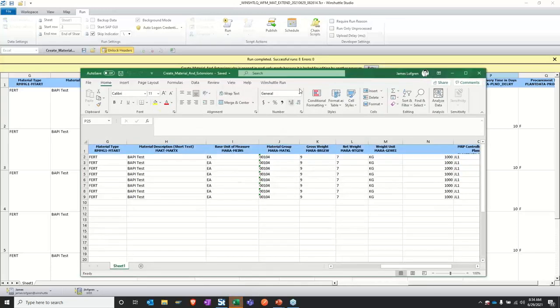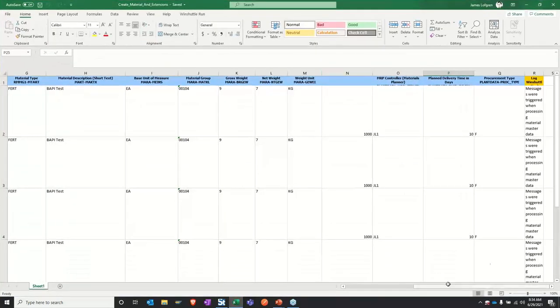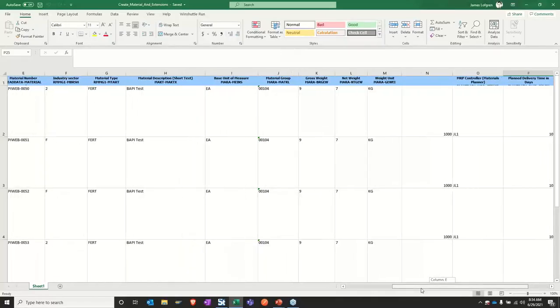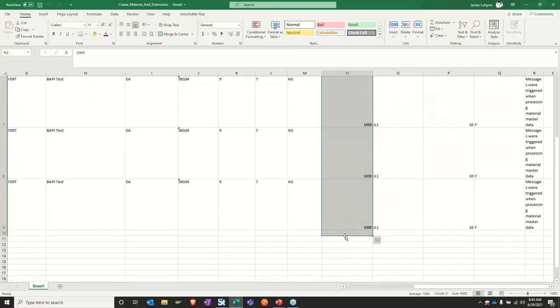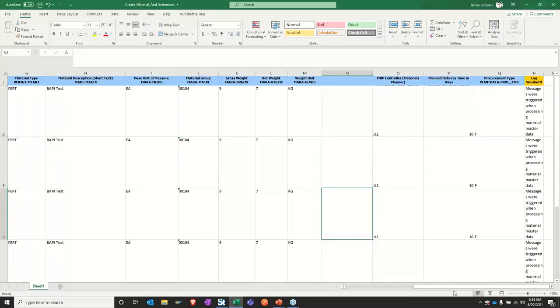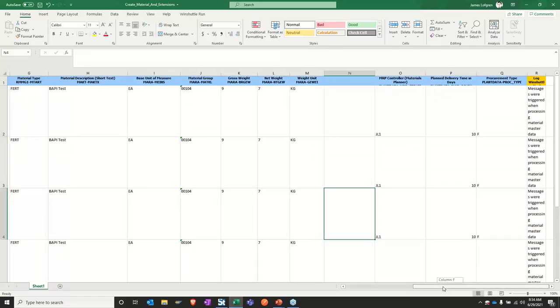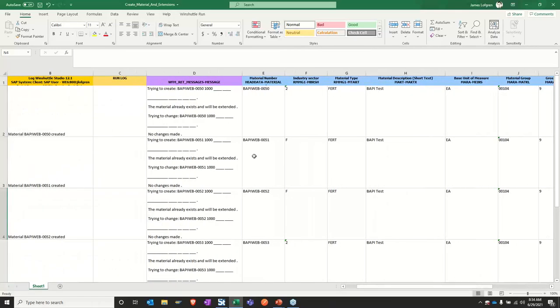Okay, so 8 successful runs. We can open this up, and now we can see that it's been created. I could have cleared the data here as well. It didn't actually use column N. It created it with the specific values that we had already set. So if we were to go check one of these in SAP,